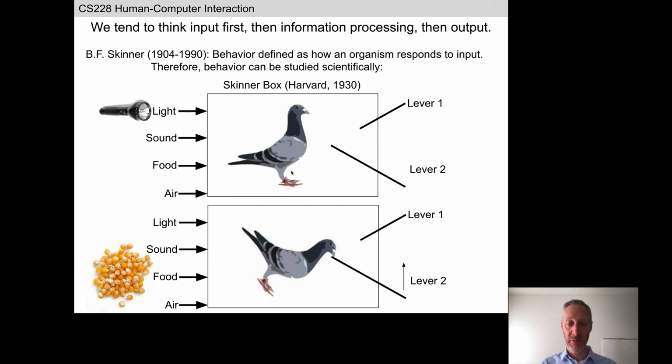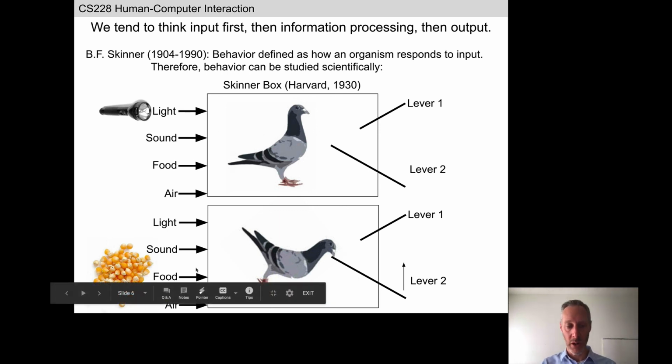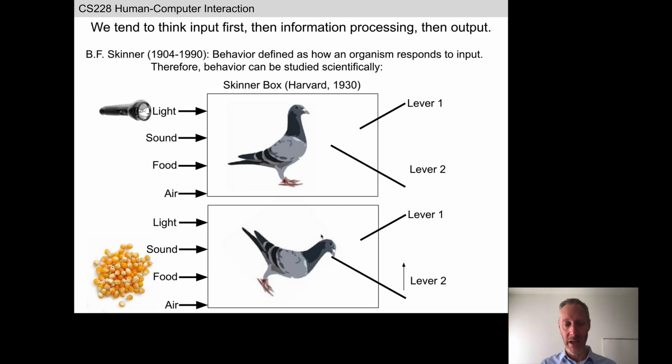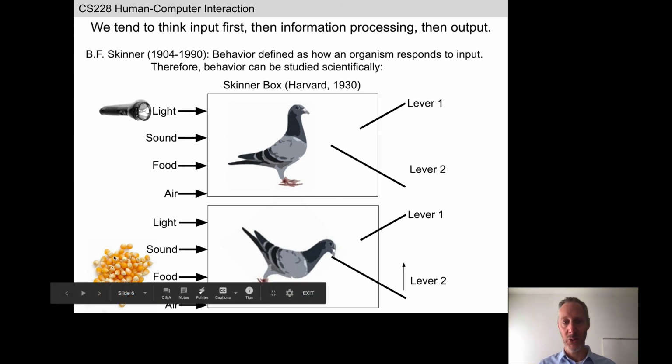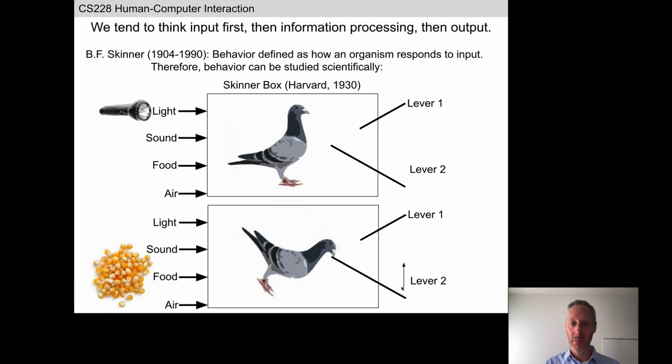If the pigeon pecks lever 2, we will put a little bit of food into the box. If the pigeon pecks lever 1 or neither of the levers, we provide no food. If we do this over and over again, shine light, if lever 2, then release food. If we do that and we collect information from not the animal itself, but from things happening at the input layer and the output layer, what data might suggest to us that this pigeon is in fact capable of operant conditioning or learning? What would we expect to see in the data?